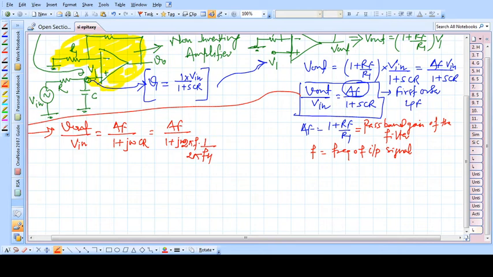This should be omega and omega H, omega H being simply 1 by RC, or 2 pi FH equals 1 by RC. So this 2 pi cancels out, and the function value is AF by 1 plus